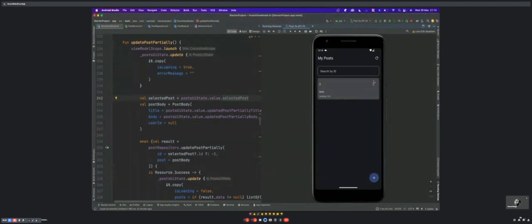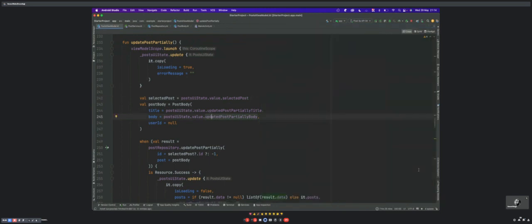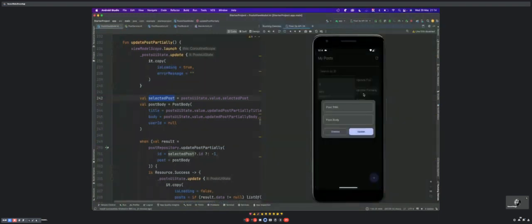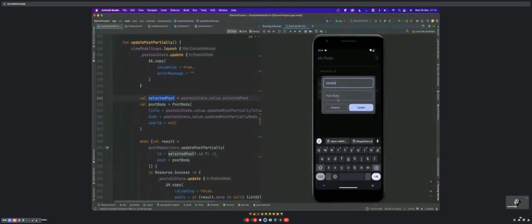If you select this vertical more information icon, the app is setting the post that is supposed to be updated partially. Then after getting the selected post, once you click update partially and start updating maybe the title or the body,